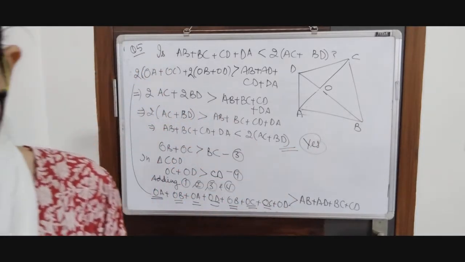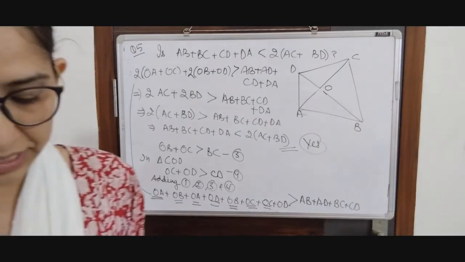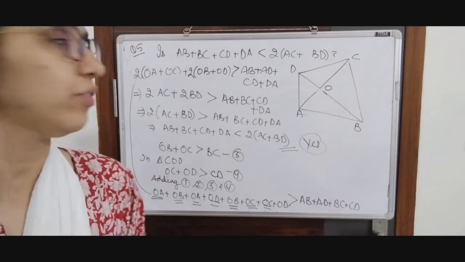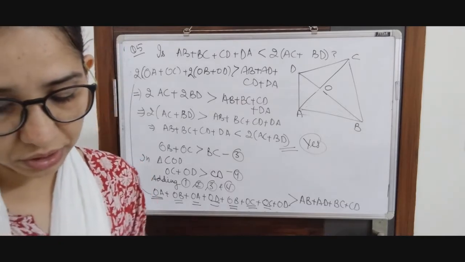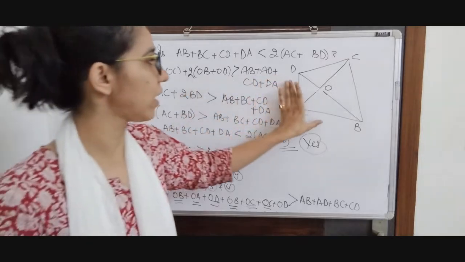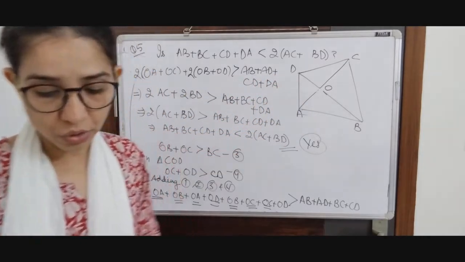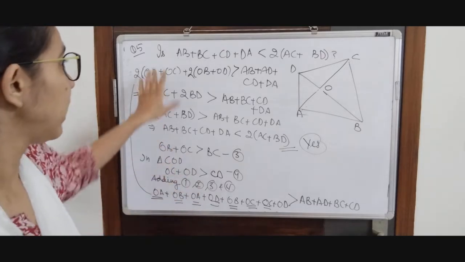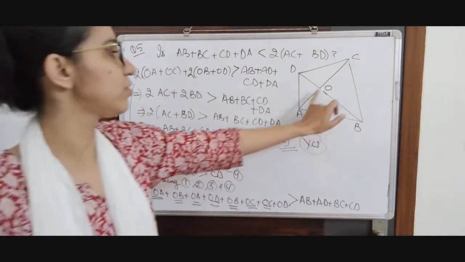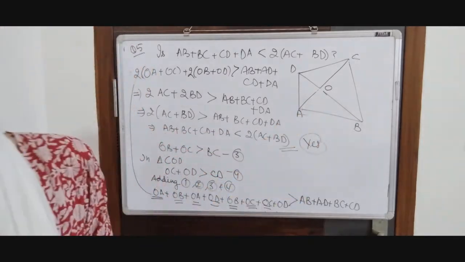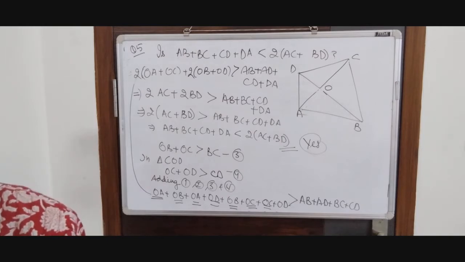So we have done question number 4 and question number 5. In both the questions the technique was different, because in the first one we needed AB and BC on the left hand side, so we took them as the 2 sides, and in this question we needed AB on the right hand side. It means we needed to take these triangles. So take different triangles to get different results. So this was question number 5.